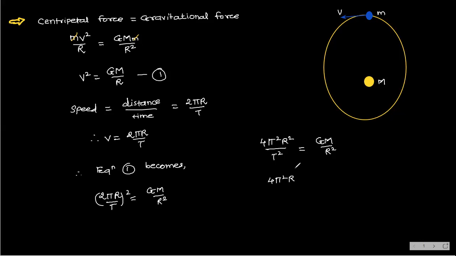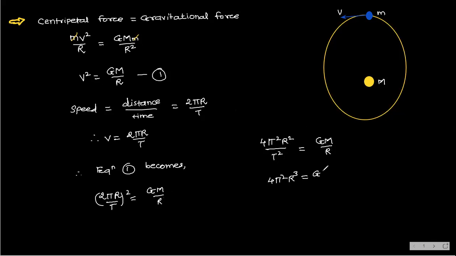What have we done here, look. This is GM by r, isn't it? One minute, here it should be r only, right? Because v square is GM by r now. So this should be r, not r square. Here it should not be the square. Okay? So now 4 pi square, this is r square, and this r I transferred here.